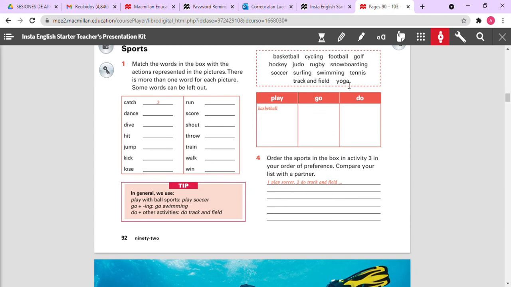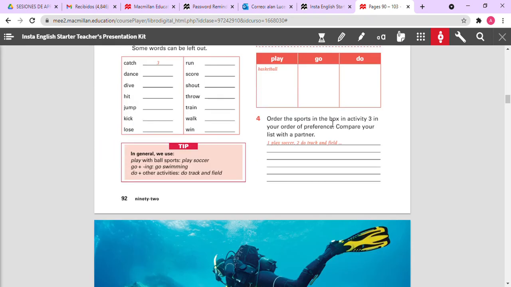Do, I told you, do karate, do, well, I'm sorry, it's not karate here, but it says do yoga, track and field. What else? What else? Only two? Yes. Let's see. Judo could be a possibility. And it says add extra ones, not like for example karate, it's a possibility.